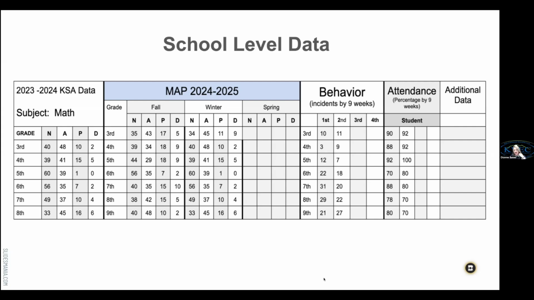But in the behavior column, I'm noticing, what do you notice about the incidents? So the number of behavior incidents, what do you see there in that column? Something I'm noticing here, and feel free to just jump in, right? But can you all see that on my screen? I'm noticing that there is an increase of behavior incidents. And where do I see those most commonly occurring? Middle school. In the middle school.